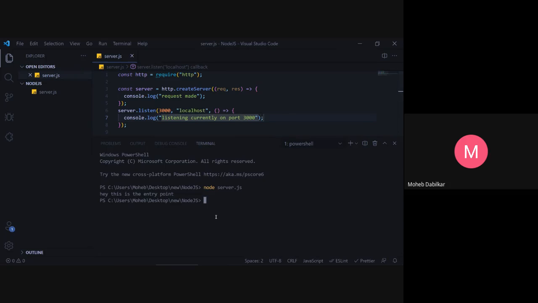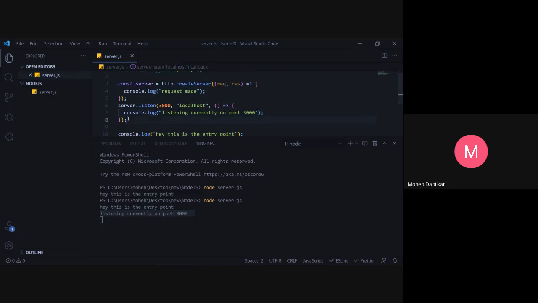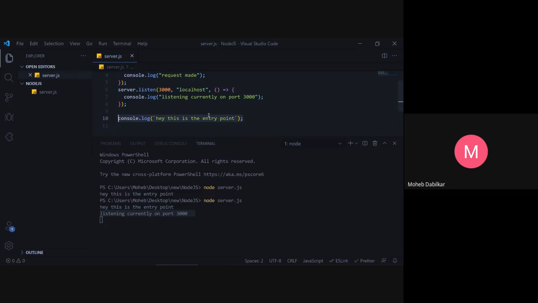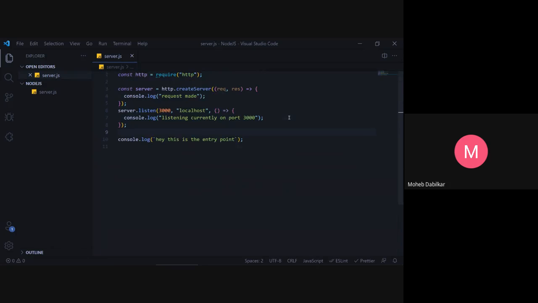Now if I run this, you can see it says listening currently on port 3000, and this is also an asynchronous function. So this console.log, hey, this is the entry point, got logged out first, and this was over here.